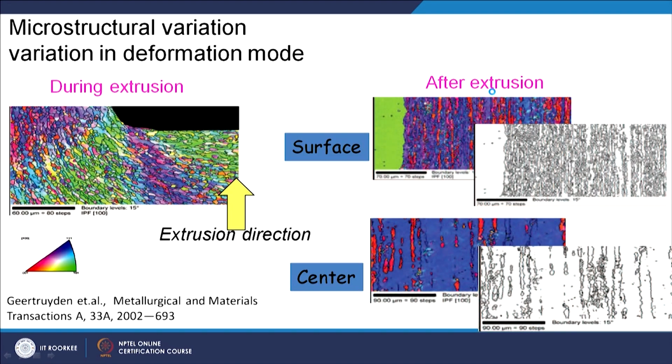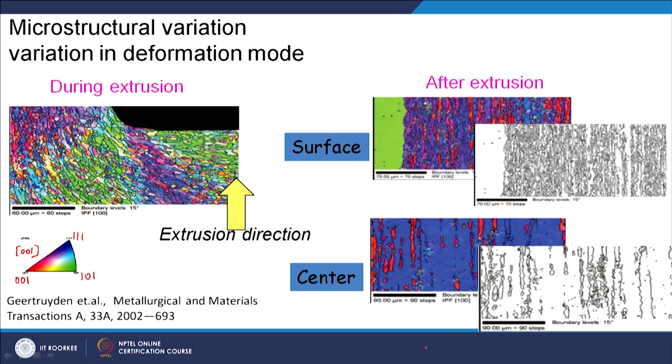Now, if you want to see the changes in microstructure, some very nice pictures are here, again taken from a literature. They have also shown the microstructure with orientation information. Maybe you won't be able to see this key here. I can write a bigger number here: this is 111, this is 101, this is 001, and this is for the 001 inverse pole figure map.